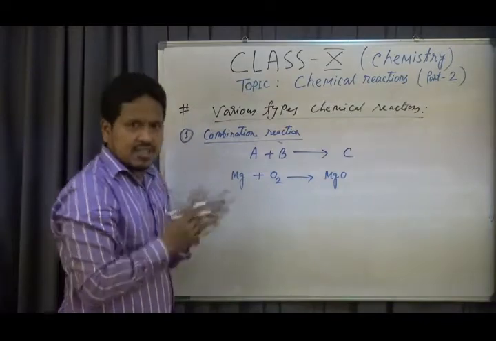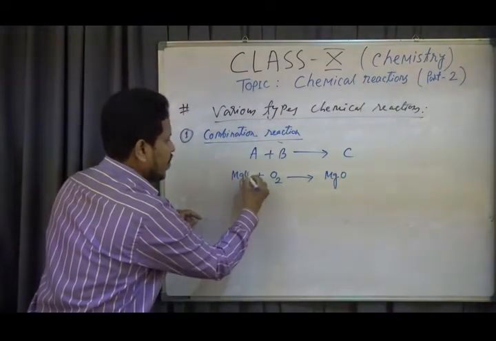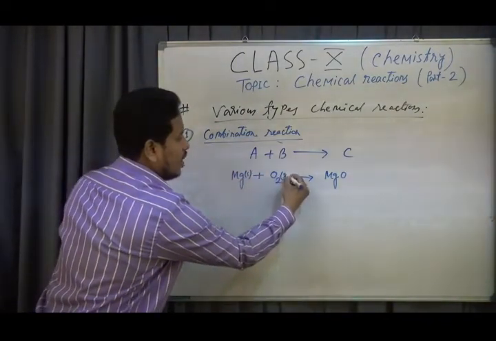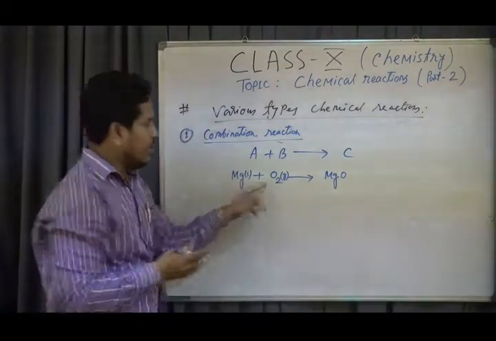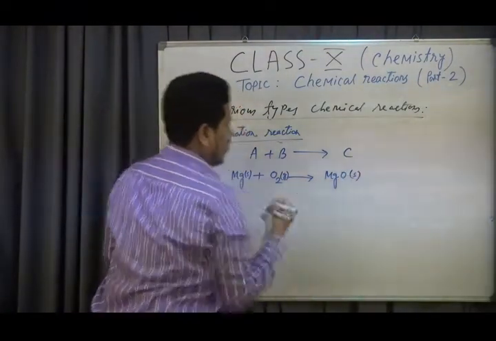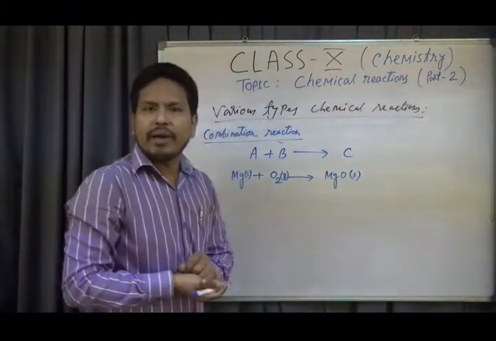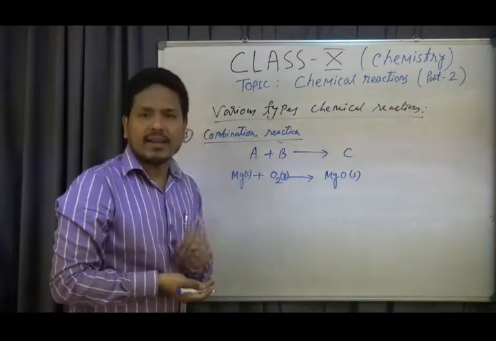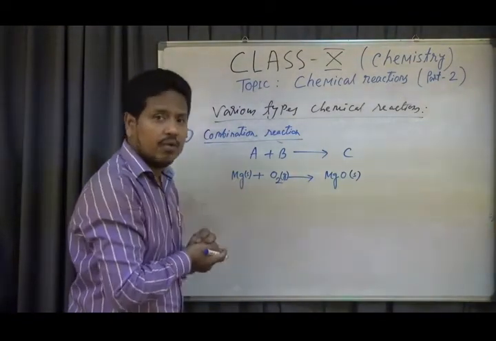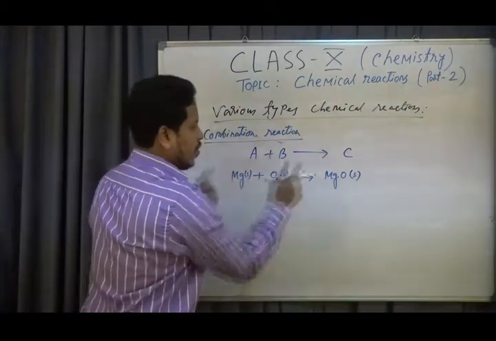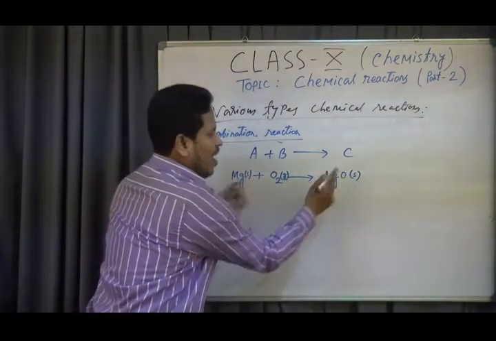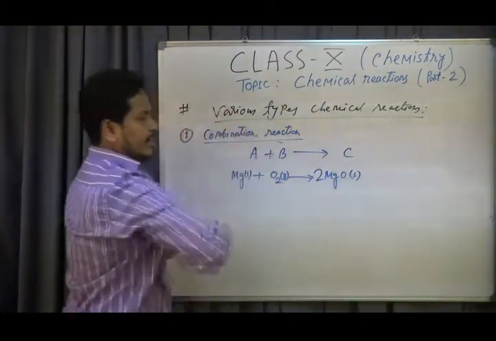Already I have discussed today that magnesium is in solid form, and oxygen in air is available in gaseous state, giving magnesium oxide in solid form. Still, this is not the correct chemical equation, my dear students. Why? It is not balanced. The number of atoms is not equal. What to do? Magnesium 1, magnesium 1. Oxygen 2, oxygen 1. A coefficient is to be put here.